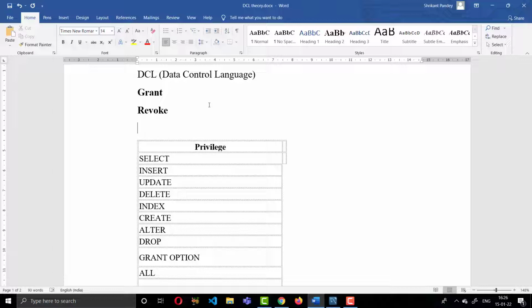He can only do some limited operations on the tables, like he can only insert the data or only select the data. Such properties you can set for the user. This is the real example of DCL, Data Control Language, in SQL.